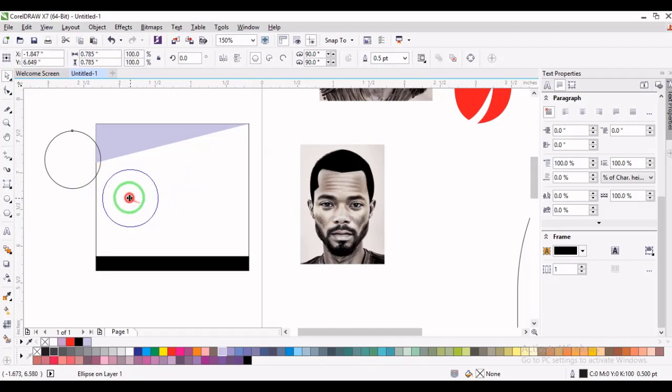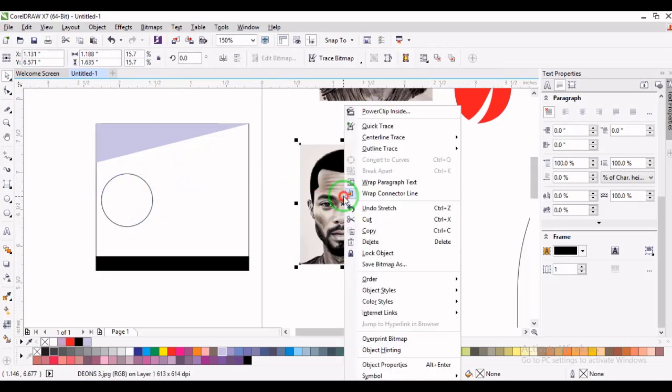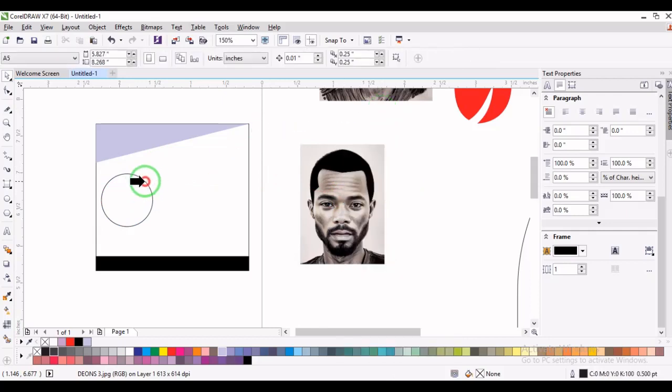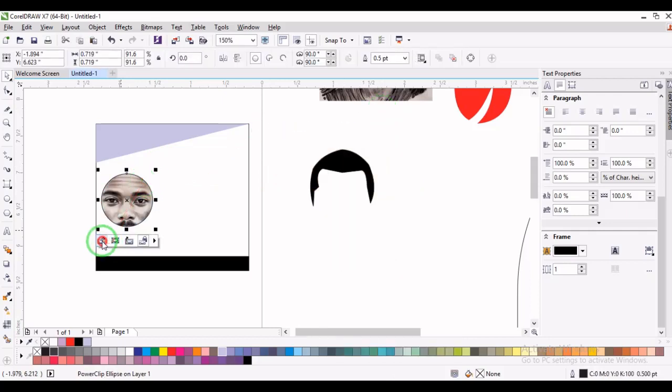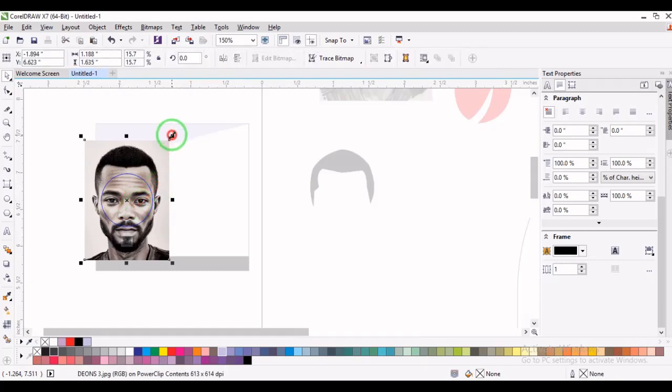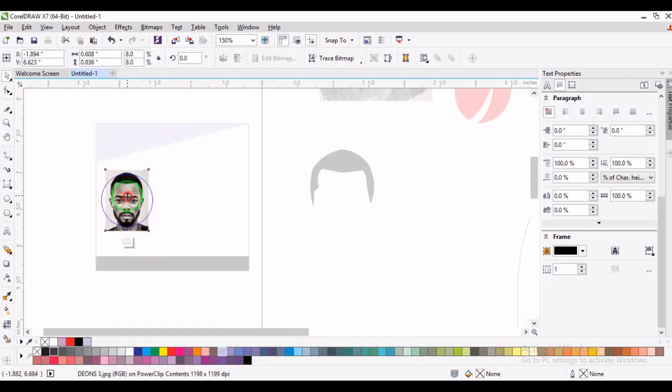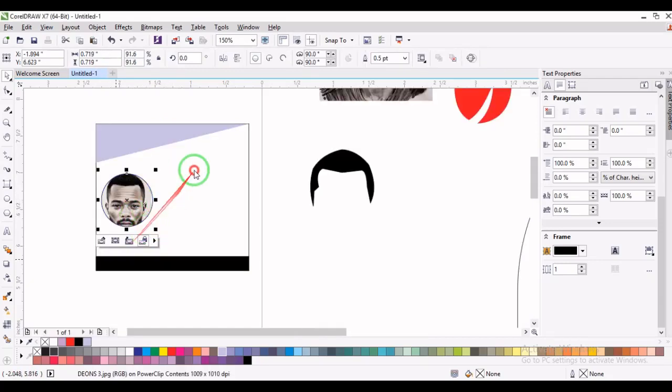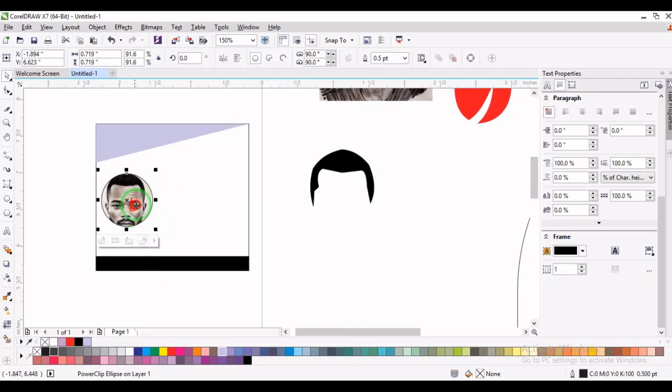Maybe I want to place an image in it. What I just have to do is select my image, right click and click on PowerClip Inside, select my image and I have it there. Then I can adjust my size, depending on what I want anyway. So, actually this doesn't make sense, but just for